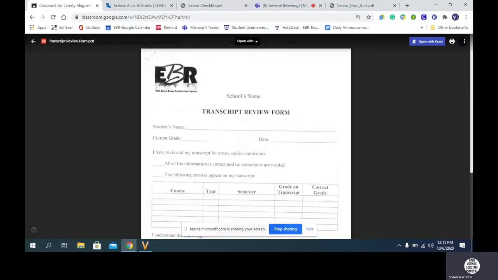If you have something that you think is incorrect, you're going to check the second blank saying that you believe there's some errors. And then at the bottom, you're going to fill in what you think is incorrect. You're going to put what you think it should be, whether it be the grade or the credit that's not right. While you're checking this, you can go and double check on the